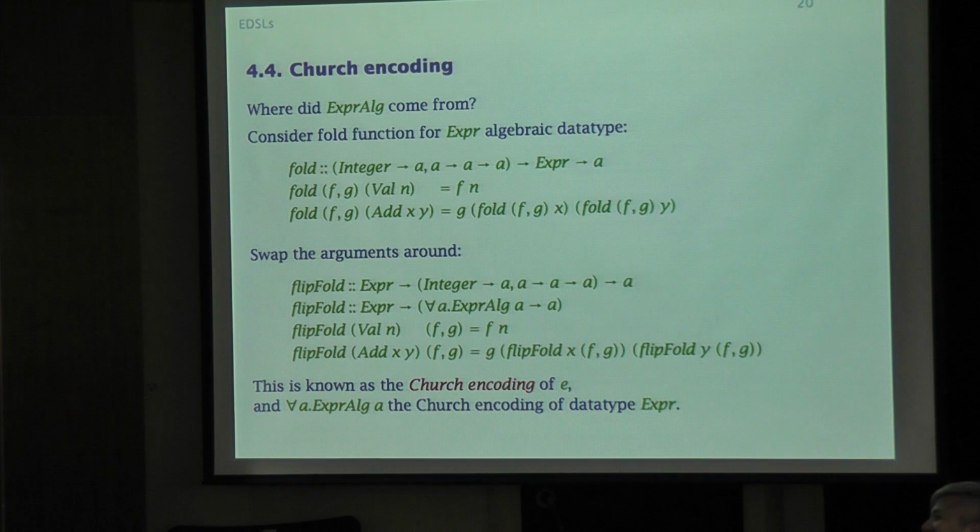So forget about domain-specific languages for the time being. This is back to ordinary functional programming. You can define a data type of lists. Finite lists of things of type A. So finite lists of integers, finite lists of strings, finite lists of characters, and so on. And there are two